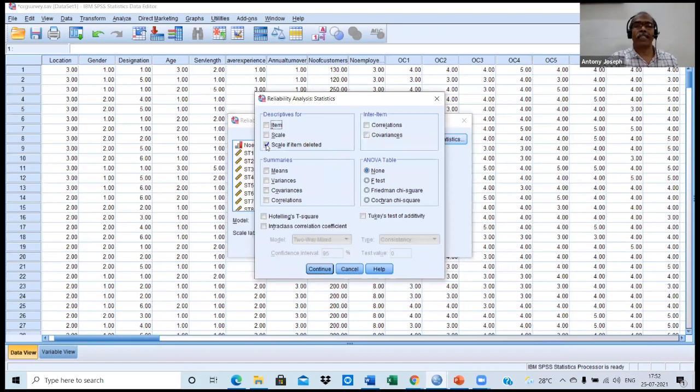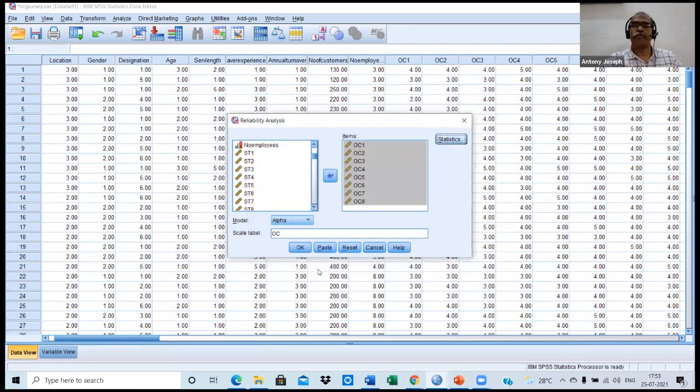This may not be ticked; it is appearing ticked now because I have done it. So tick Scale if item deleted. We have different options here, but I'm not doing them at present. We are not expected to have such different types of tests at present. So continue.